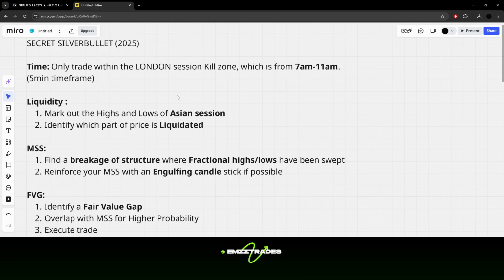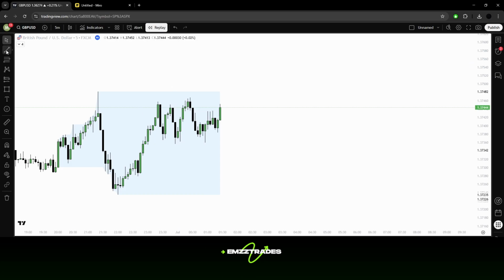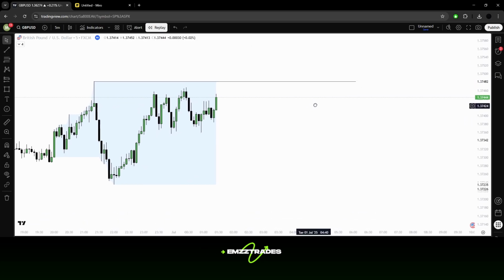What we need to do now is mark out the highs and the lows of the Asian session. As you can see, that's number one on liquidity. So we need to mark out the highest point right there,